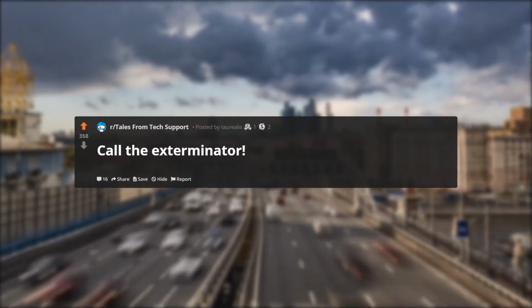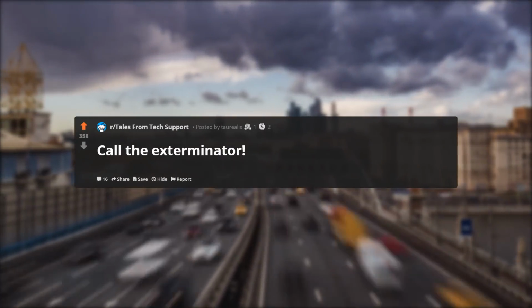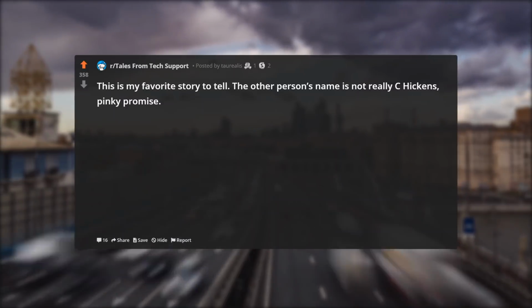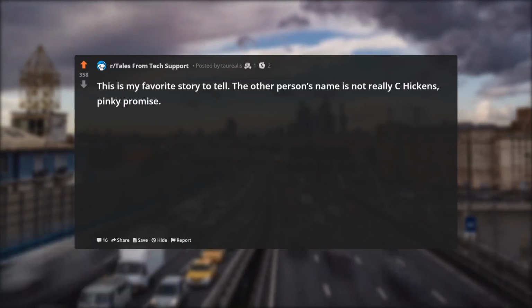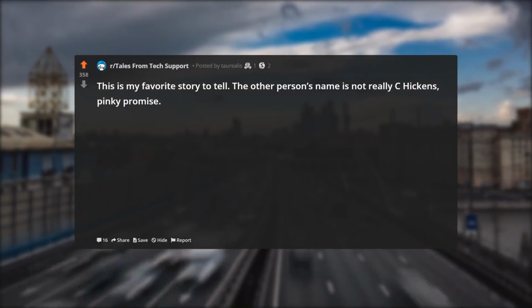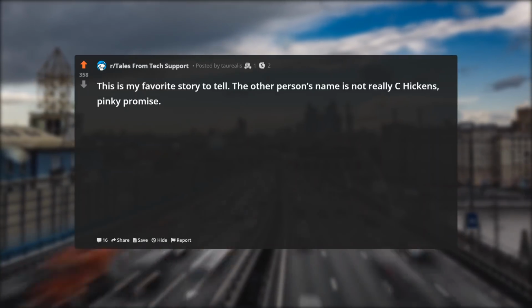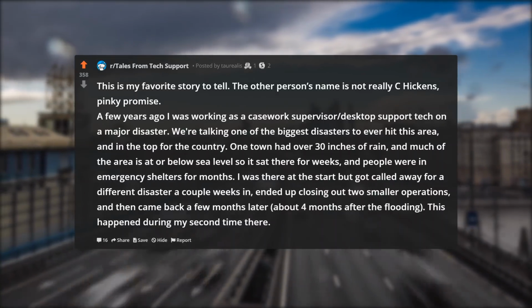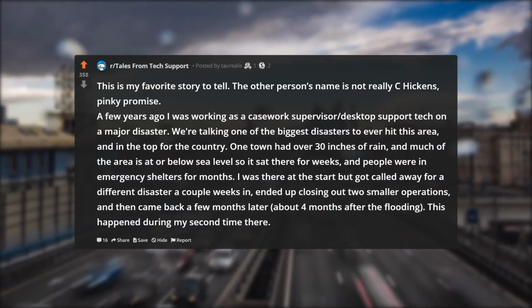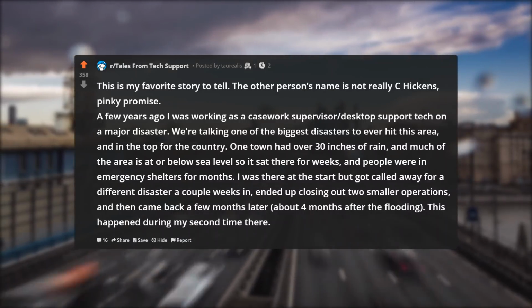So let's get started. Call the exterminator. This is my favorite story to tell. The other person's name is not really C. Hickens, pinky promise. A few years ago, I was working as a casework supervisor / desktop support tech on a